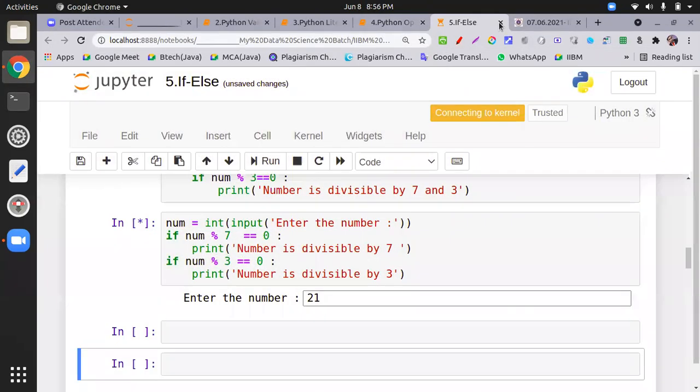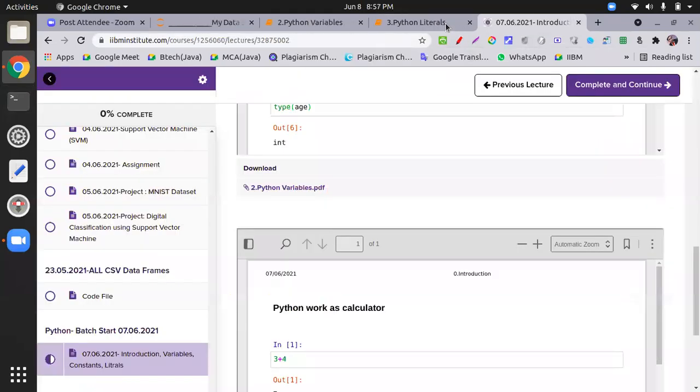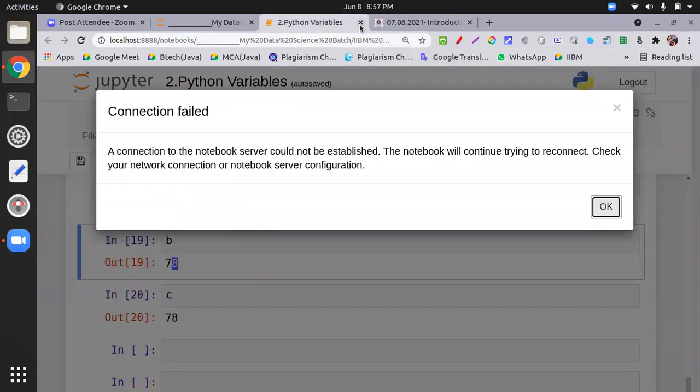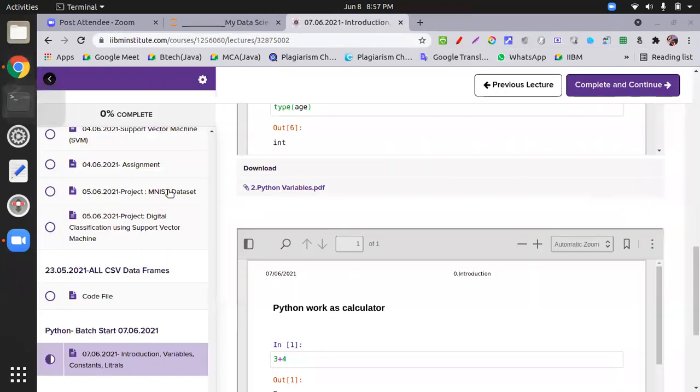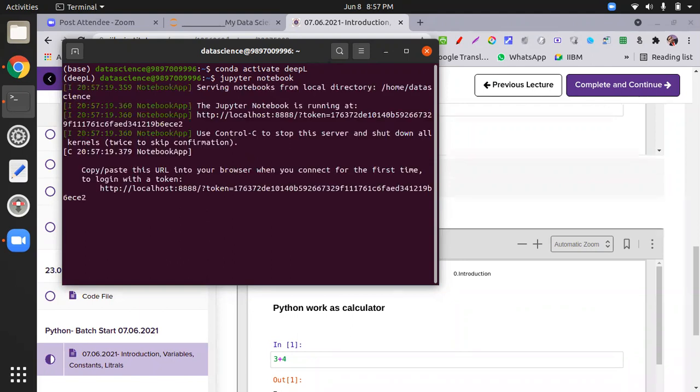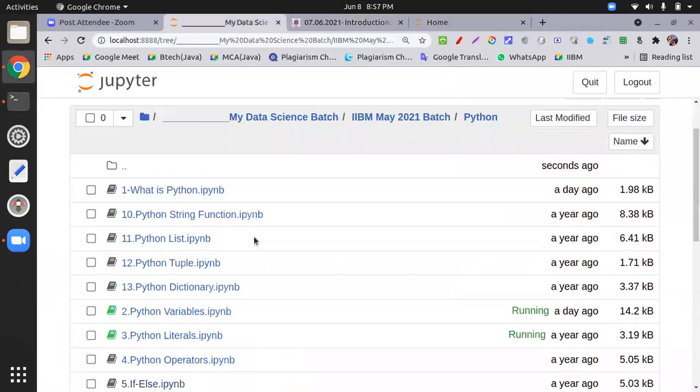Okay. Because this is an important concept. What is the difference between nesting and independent conditions?